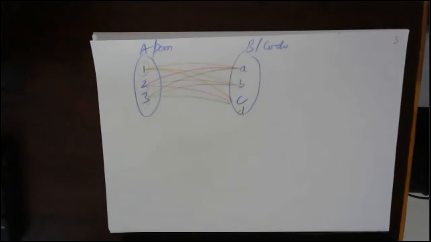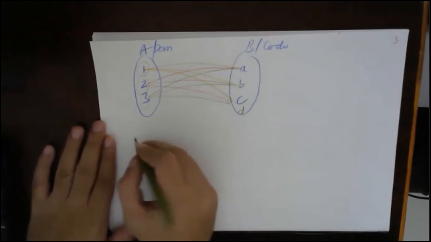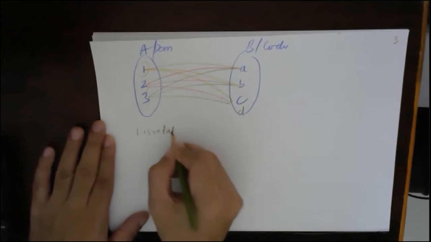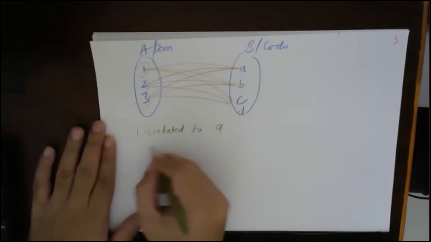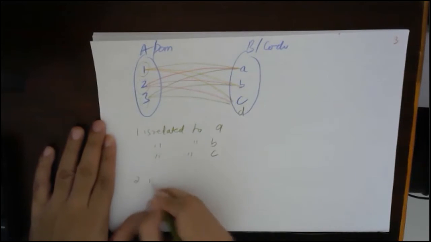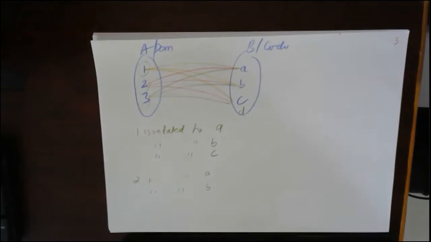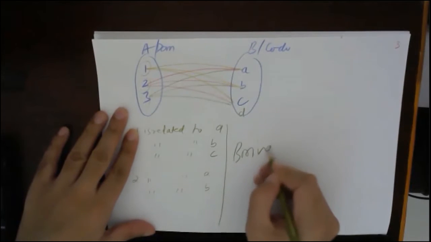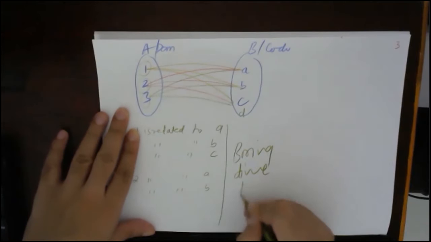Now suppose, till here everything is fine. Sir, this is the normal picture, very basic. Now the next step is, what if I start writing the elements of this relation? Let's start writing that 1 is related to A, 1 is related to B, 1 is related to C, then 2 is related to A, 2 is related to B, and so on. Now you will say, sir, this is very boring and time consuming.